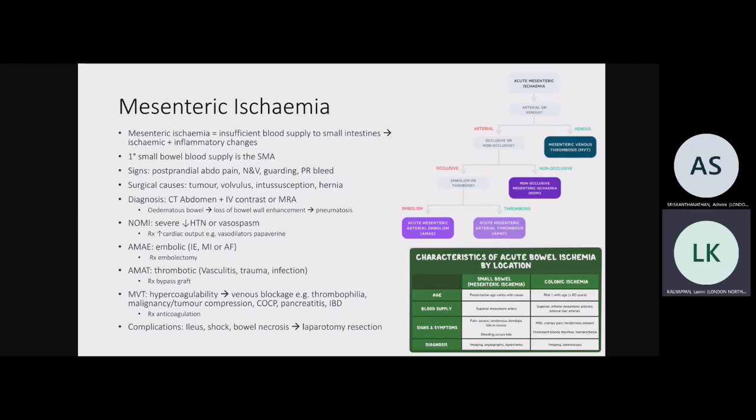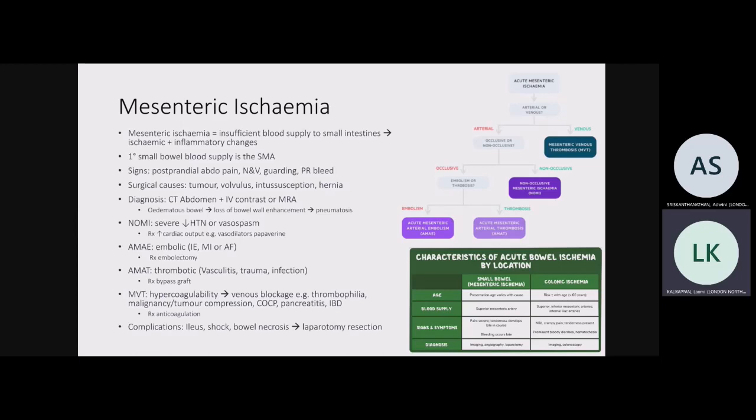Classical signs are they often have abdo pain after a meal. So again, this idea of gut angina, nausea and vomiting, sometimes even PR bleeding or guarding. I've gone through some causes there. This flowchart basically describes how you can classify mesenteric ischemia. So of course you have both your venous and arterial blood supply, so that is the first differentiator between your mesenteric ischemia. And with venous thrombosis, it's usually just due to the fact that you've got high risk factors for